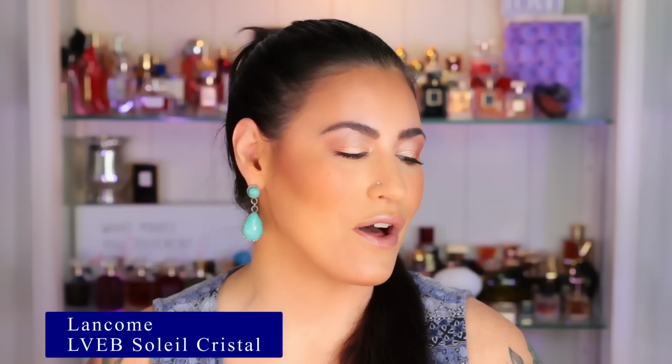Okay, a fragrance that I feel like I might be the only one who likes. Not really. I know there's other people who like it, but this perfume gets some hate. When it first came out, it got some hate. People did not seem to care for this fragrance or this flanker, but I love it. This is by Lancome, and this is La Vie Belle, the